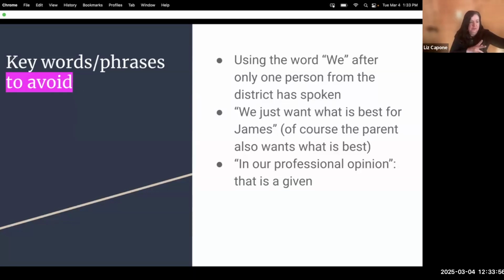Why don't you want this one-on-one support? Why do you want him in self-contained X amount of the time? Why do you think he needs a behavior plan when I don't see anything at home and he's fine? And then somebody on the team says, without even thinking, we just want what's best for Sarah. We just want what's best for Johnny. I think that's a given, and I don't think it lands appropriately a lot of the time